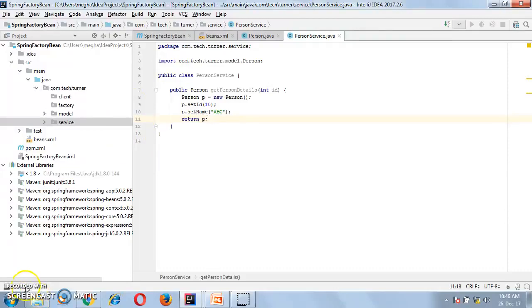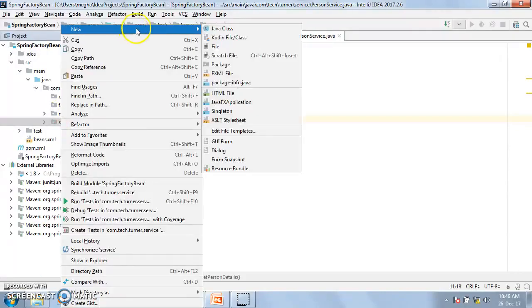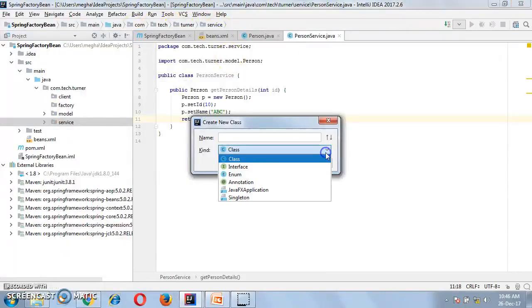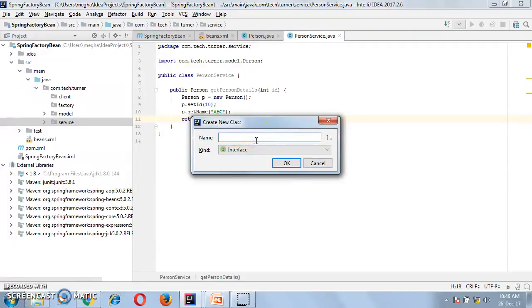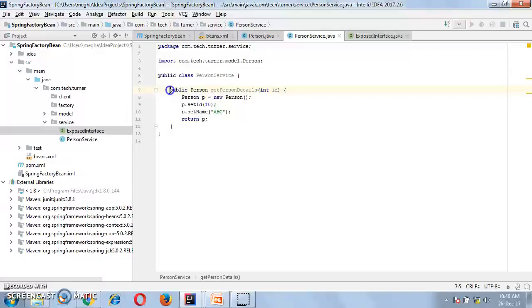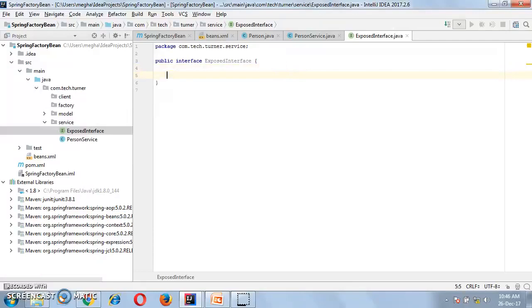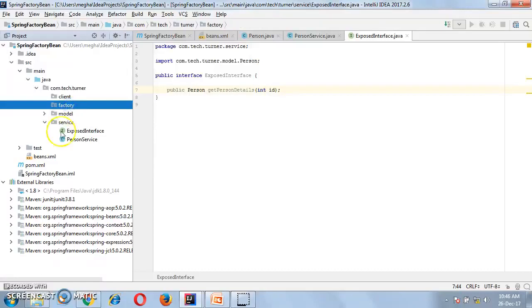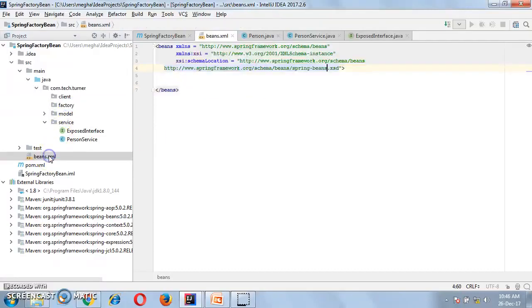We'll create our exposed interface. Go to service, create Java class, select type as interface, and give the name as ExposedInterface. Copy the method declaration from the service. Import person. So our exposed interface is also ready. Let's do its configuration in the beans.xml.